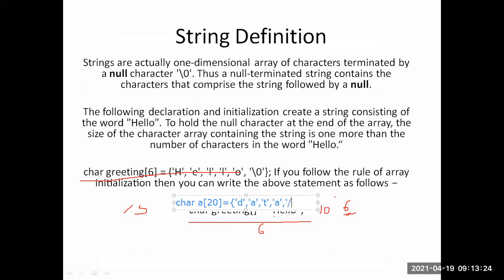The null character is nothing but 0. Null indicates that the string has ended.